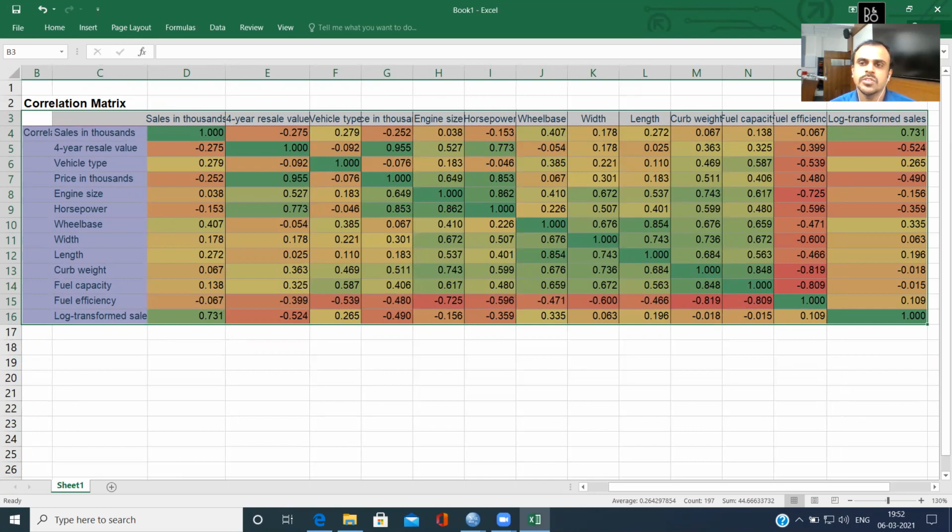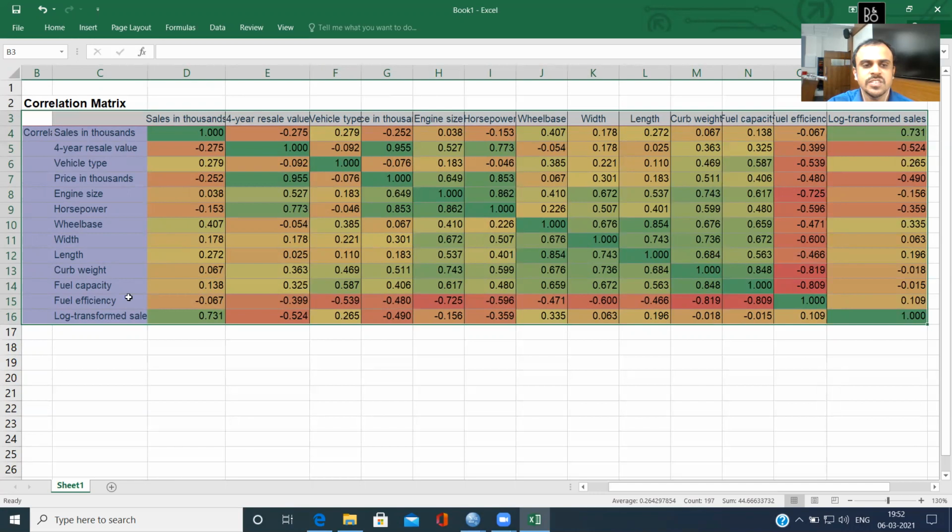If the correlation coefficient value is exactly -1, it means that there's a perfect negative relationship between the two variables. On the other extreme, if you see a value of exactly +1, it means that there's a perfect positive relationship. If the correlation coefficient value is 0, it means that there is no relationship between the two variables. Now, by color coding these values, what I've been able to achieve is that at a very 100 feet perspective, we can visualize the relationship with various variables.